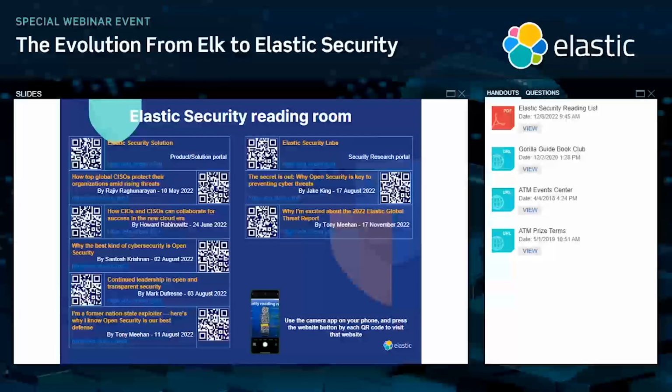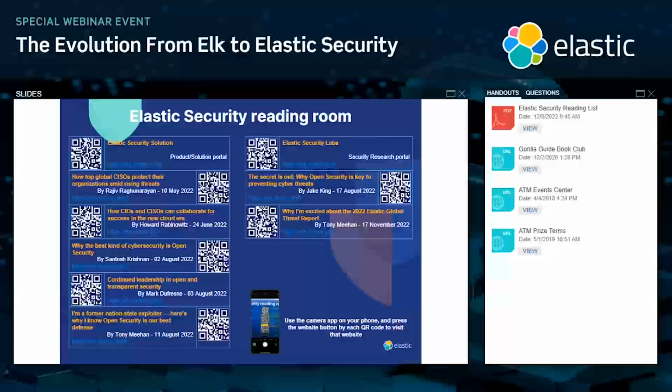So the easiest way to get started, first of all, I hope that the main takeaway today is that Elastic Security is ELK, right? So we're not talking about different products. It's an evolution of what you already know if you used ELK in the past. If you download from our website the latest release of Elastic and Kibana, you will see Elastic Security in there. The easiest way to get started, like with any software these days, is of course the cloud. We have Elastic Cloud, our SaaS, where you can spin up a free trial, or you can just download the software. As Joe mentioned earlier, we support all deployment models, whatever makes sense for you today.